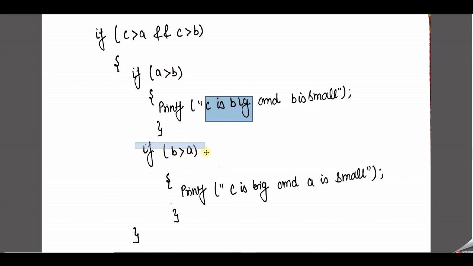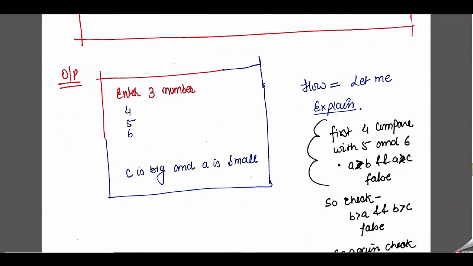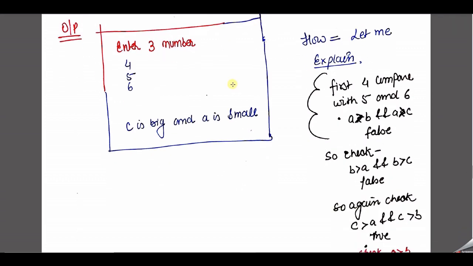Again, I told you that if you want to write the opposite of this if without any given condition, then you can just write else. With else, it automatically converts to the opposite of this. That means A is not greater than B. That means, sorry, which one is the greatest? B is greater than A. So if B is greater than A, then which one is smallest? A is the smallest. So this is the question for our task. Just check it here. I also explain here which one is the smallest and which one is the largest.